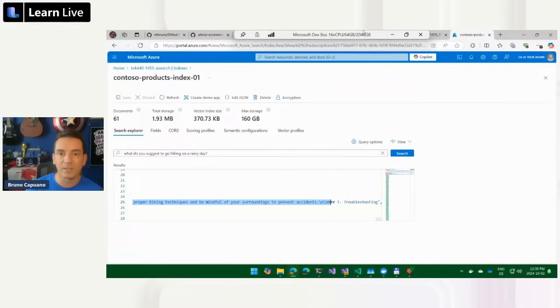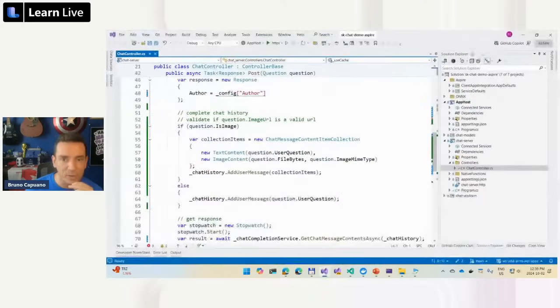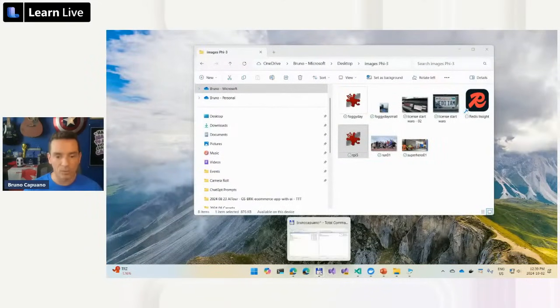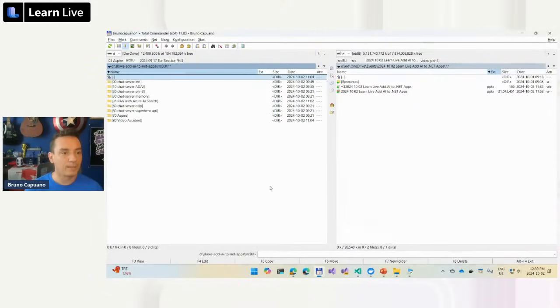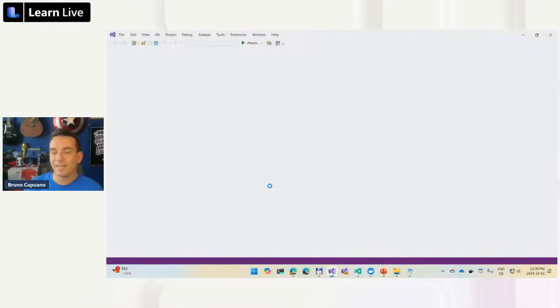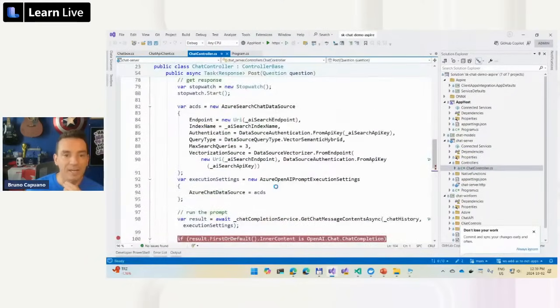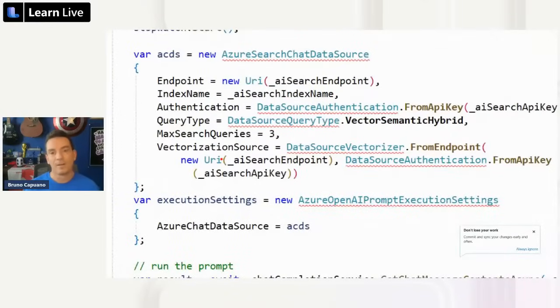So if we want to do this, but with Semantic Kernel, there is an easy way to do this. Let me open the sample demo, which wasn't working until a couple of minutes ago. So let me go back to my code, and I am going to do the RAG demo. And this is basically the same code that we just saw, but there are a couple of things happening here. So first of all, when we are going to run our query, we are going to connect Semantic Kernel with